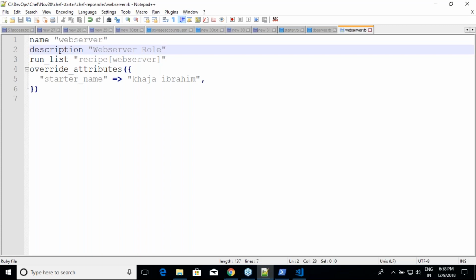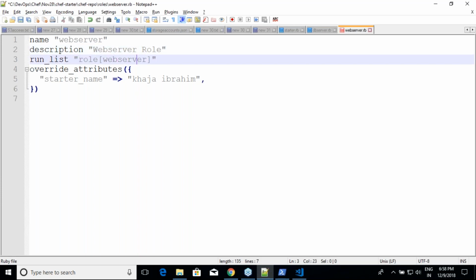You can put as many items in this run list as you want, and you can include another role also. So for example, let us assume that there is a role called common role and you want to include that in a run list. Then the syntax would be role of common. Whenever you write this, in the run list you are referring to another role that might have its own run list. You can have any of these combinations, but as of now, in my scenario, I'm just having this.